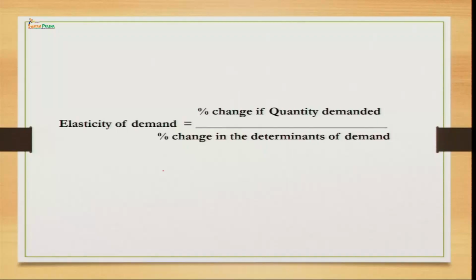So, now this is how we calculate it, this is the formula through which we can calculate the elasticity of demand. Elasticity of demand can be denoted this way, small e and then d for demand, right. Percentage change of the quantity demanded, delta q, upon delta p, or you can say the determinants of demand, whatever the determinants of demand we are calculating.